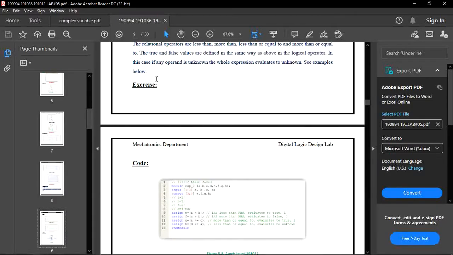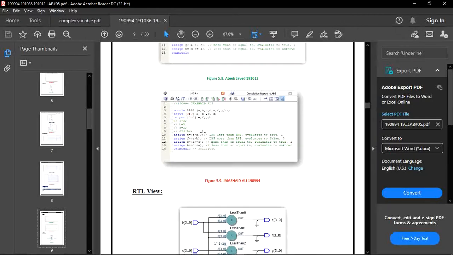Now we have to perform all the exercises which are given in lab 5. So first of all, we have to write the code in Quartus. Now you can see this is our basic code. We write it in Quartus, and after performing it, we take a screenshot. So first of all, we have to do all the basic conditions and basic pattern where we can prove all our inputs and outputs. So first of all, we have to declare all our inputs and outputs in the module, and then we have to give the size to our input and output. First of all, we give the size to input, which is 4-bit, and then give the size to output, which is also 4-bit.